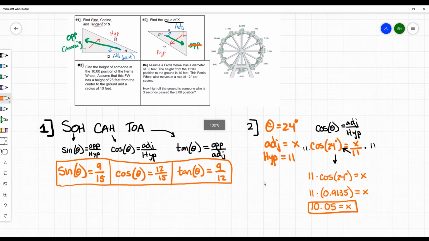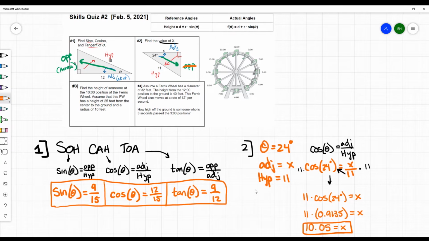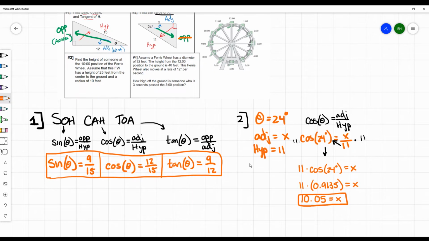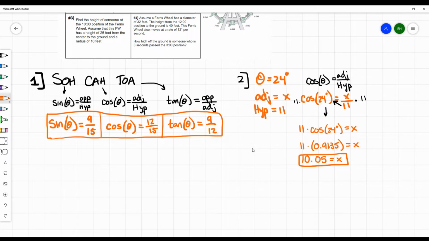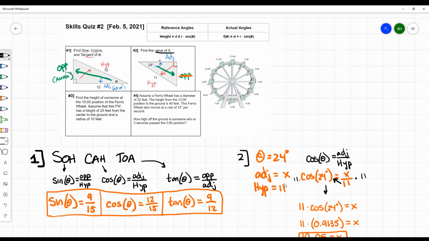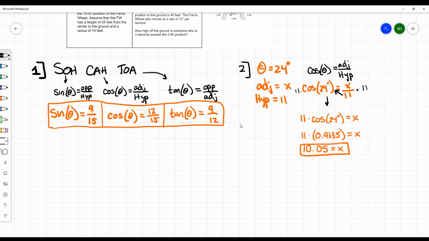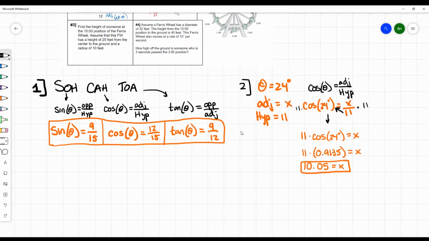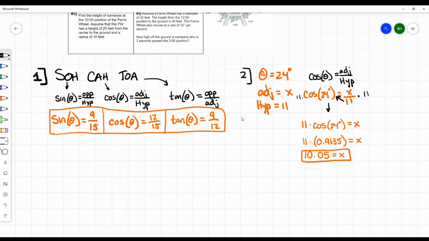The third one's where we get interesting. Okay, this is where we actually can do a couple different things to answer this question. So number 3 says, and actually what I'm going to do here is summarize the problem so I can come down on the screen a little bit. Oops. So there's a Ferris wheel. I put a Ferris wheel up there as a reference for us so that way you can use. But we wanted to find the height, number 3. We wanted to find the height at the 10 o'clock position